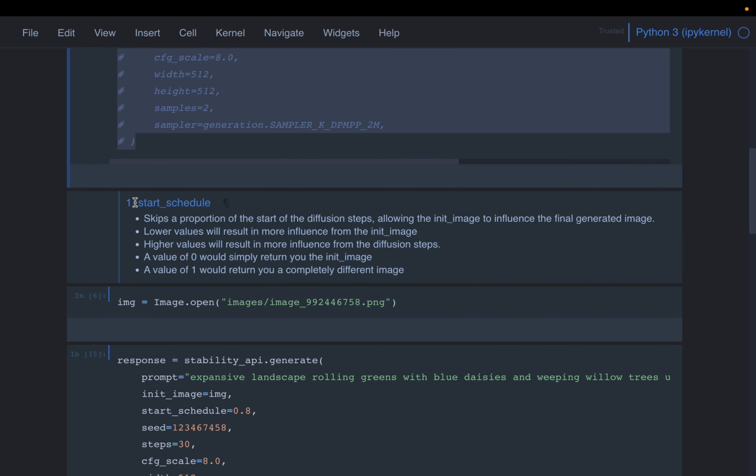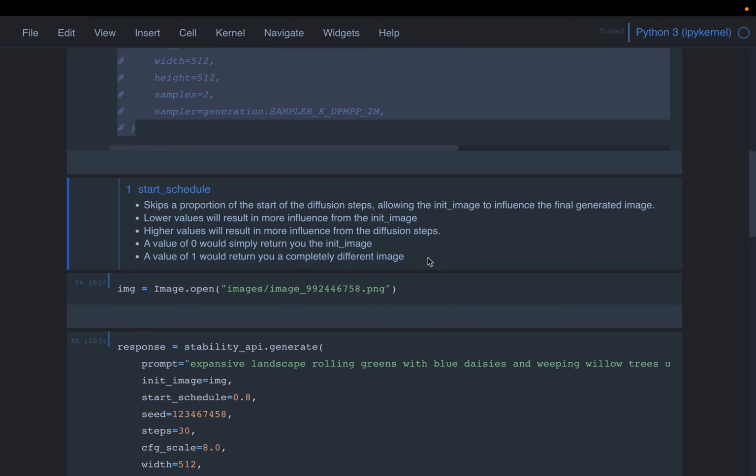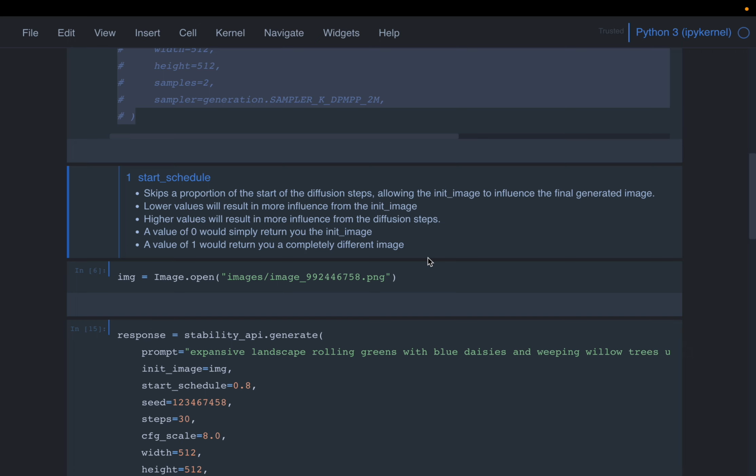So now we have a new parameter called start schedule. It's a very important parameter. Now this will determine how much guidance should be taken from the image we are providing. This is also called init image or initial image. Okay, it's easy to understand from the extreme values. For example, this start schedule takes a value between 0 to 1,